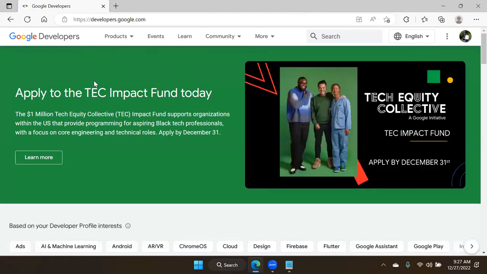Similarly, like Google developers, Facebook developers community is also there. Do you have any idea about this? No. Actually, this developers community is nothing but you can join here for free, and you can build apps with your technology, whatever you know, and you can give those apps to Google. Google will check them. If Google feels that it is good, it is interesting, then Google will put those apps